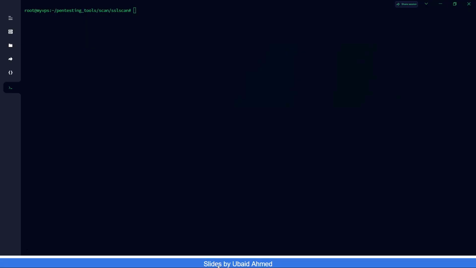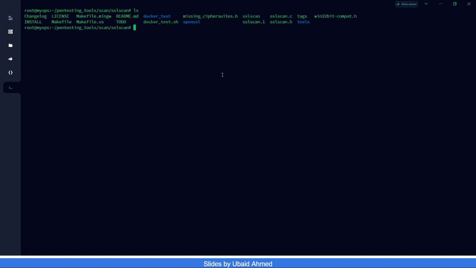So I'm at the terminal right now, and before proceeding with the scan, let me do this ls and show you the content of this file. By the way, the link to SSL Scan is there in the description. You can get it from there, or if you simply Google SSL Scan, you will get the GitHub link for this particular tool. SSL Scan and the domain name, which is